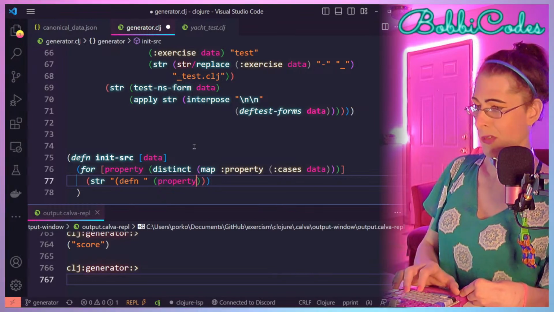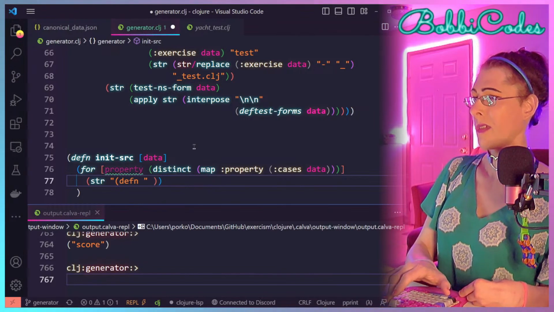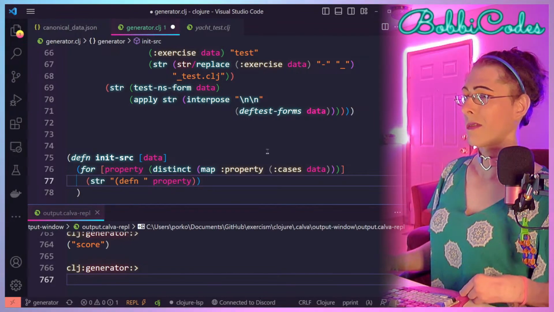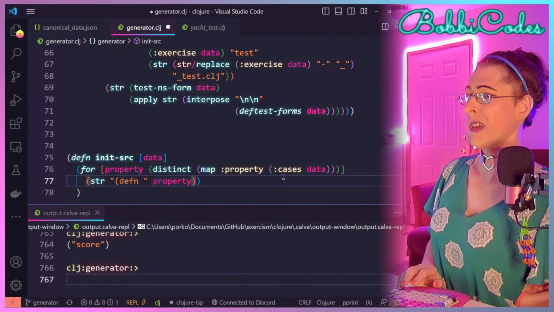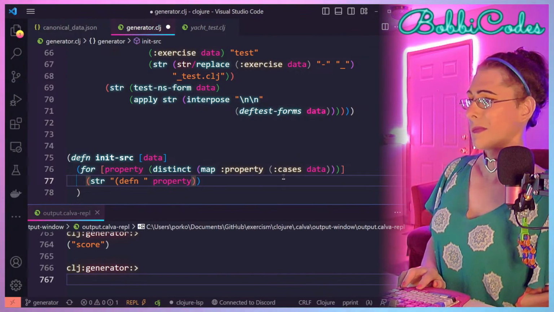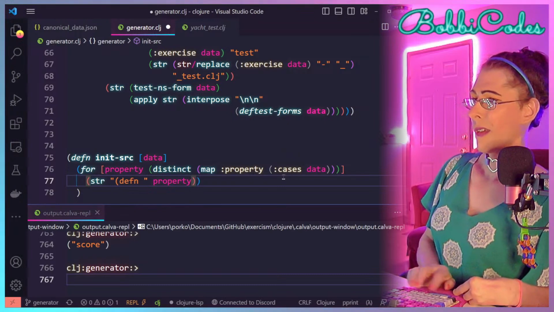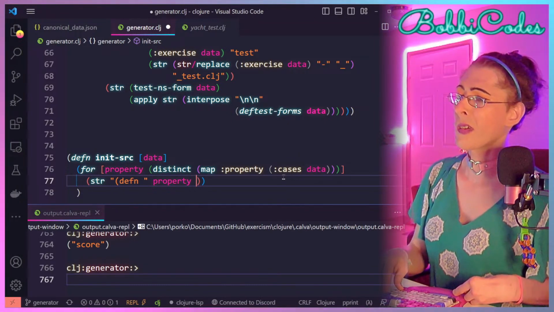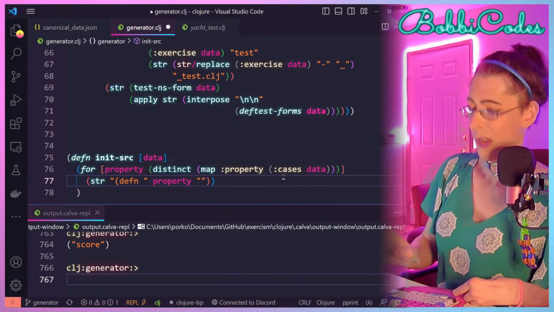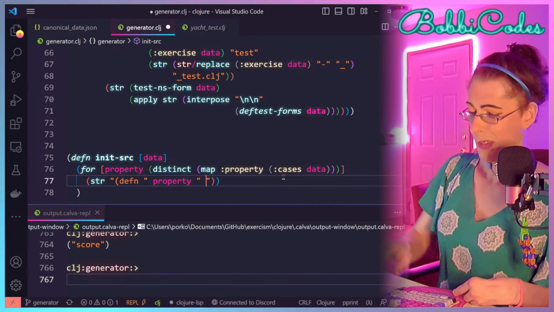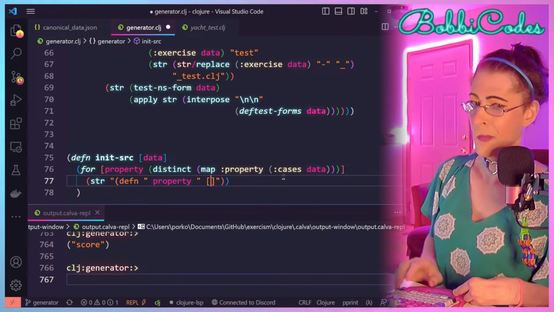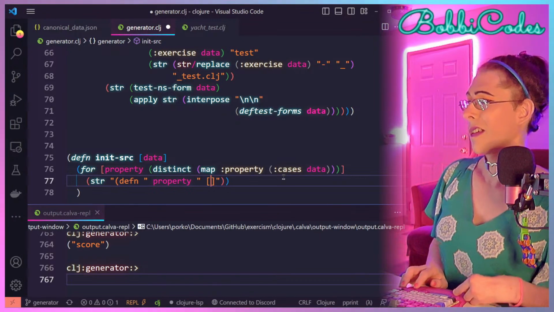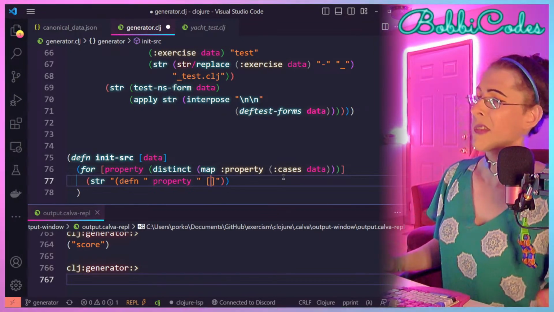Wait, no, that's wrong. defn property. Alright, then we will have a space and a pair of brackets where the arguments are going to be.